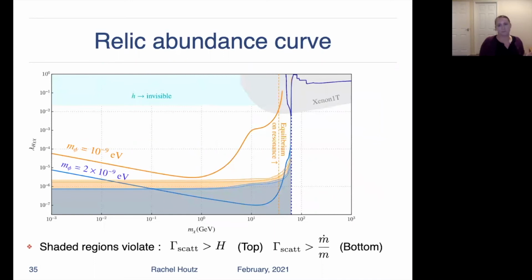And so that was just one benchmark. What we can do is we actually made a plot of many benchmarks. So we extended this into many final dark matter masses. And you can see